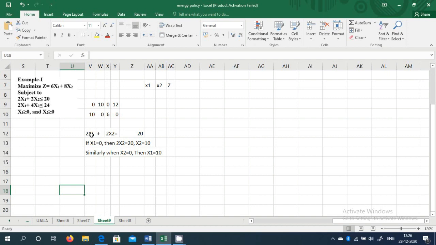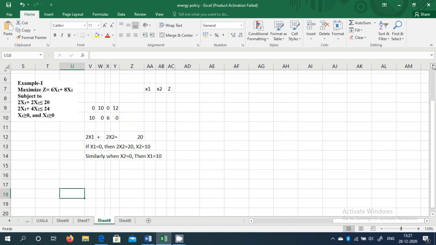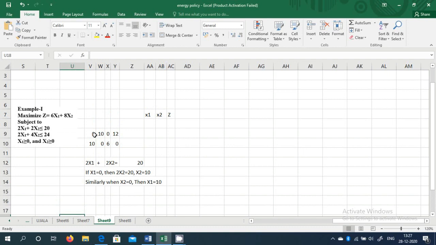Writing over here 2x1 plus 2x2 equal to 20. First I am assuming x1 equal to 0, then x2 equal to 20, that means x2 equal to 10. Similarly, I am making x2 equal to 0, then x1 becomes 10, and these values I have put over here: 0, 10, and 10, 0. So this is for my first equation,